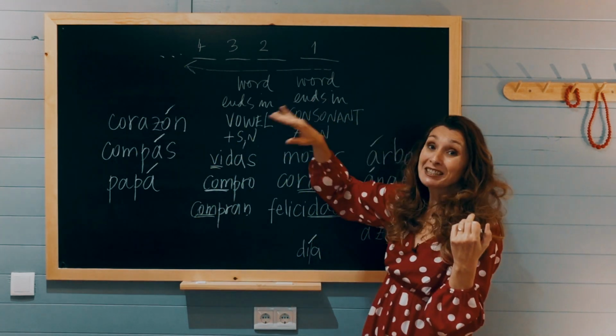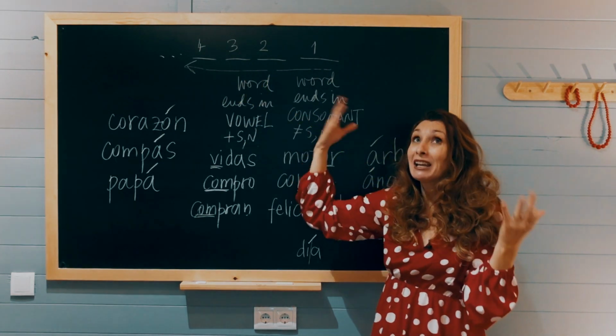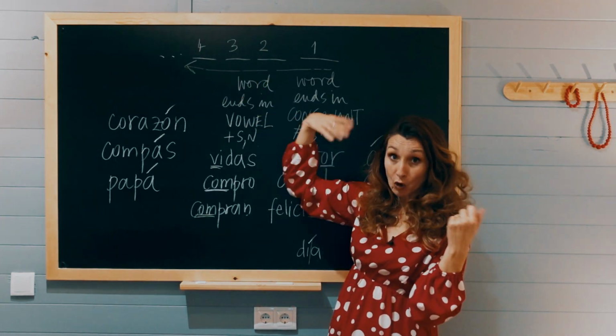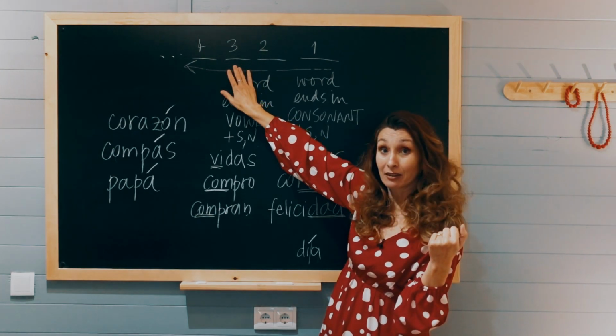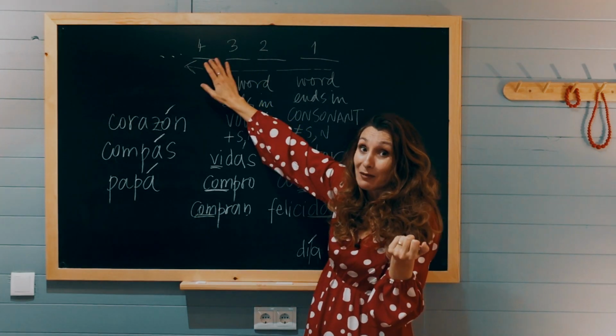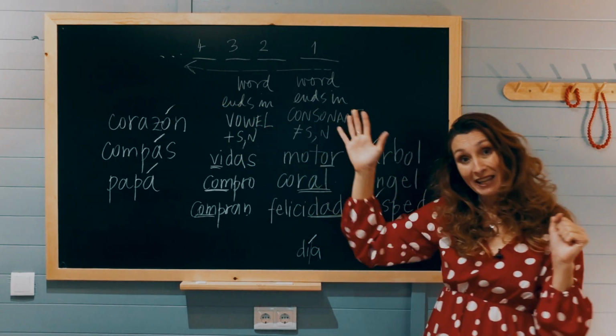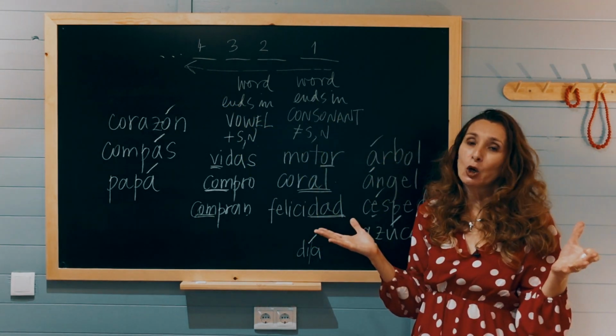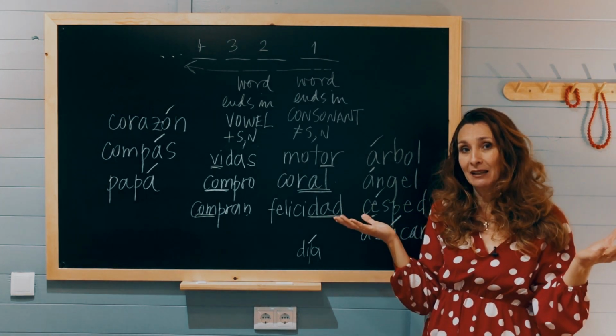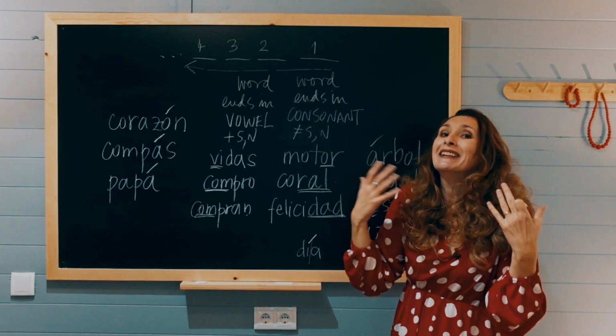So anytime you see or hear a word where the stronger syllable is the third one, or sometimes the fourth one, there are some examples, the fourth one from the end, you automatically know that you have to place a tilde there, okay? Because the rule never